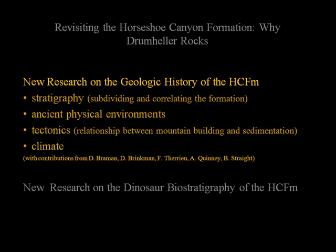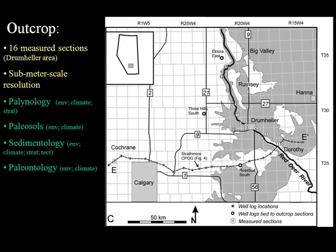And I need to point out at this point that this isn't research that I've done all by myself. This is a project that's been going on for almost 15 years and involves significant contributions from Dennis Braman, Don Brinkman, Francois Therrien, and Quinney, Bill Straight, and a host of other people who I'm sure will yell at me for not having their names up there. All right. So this is part 1 of the talk, and we'll talk about the dinosaur biostratigraphy towards the end